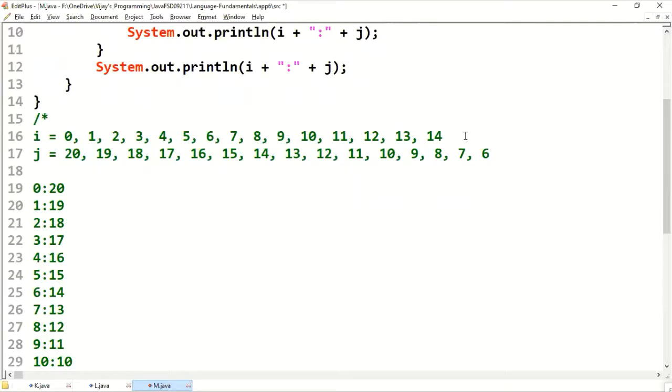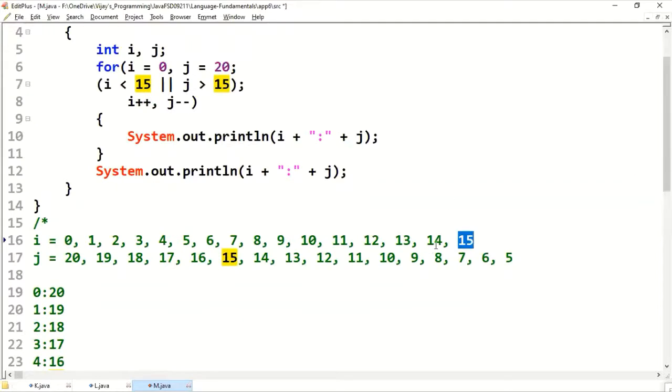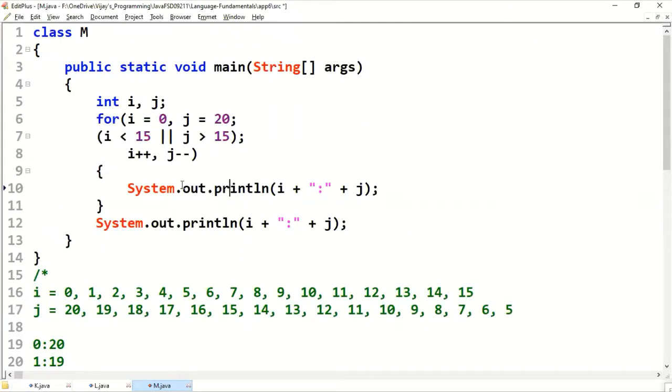Now carefully observe, i is becoming 15, j is becoming 5. Carefully observe this one. i is becoming 15 from 14 to 15, j is decrementing from 6 to 5. Whether 15 less than 15, false.